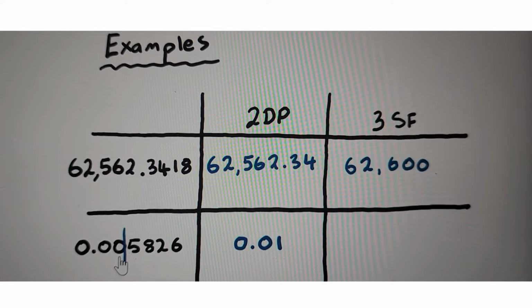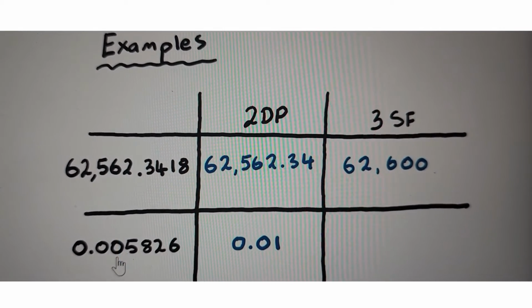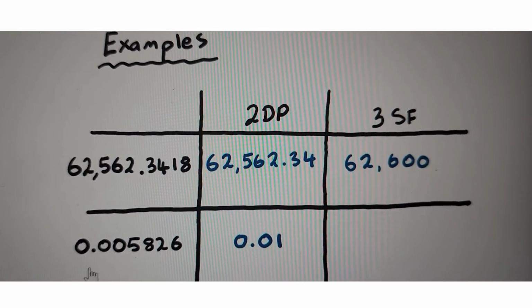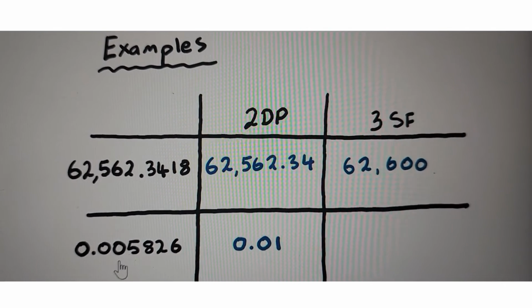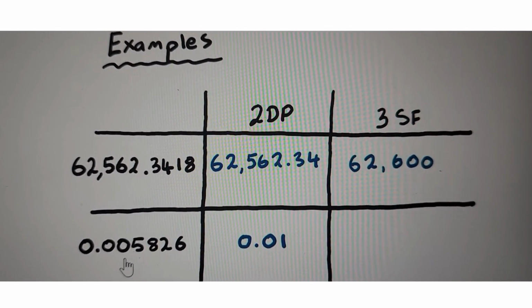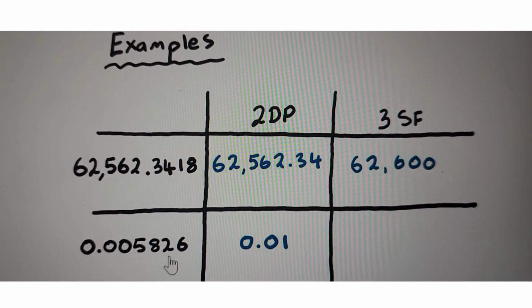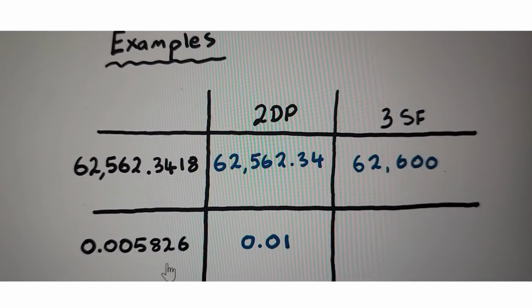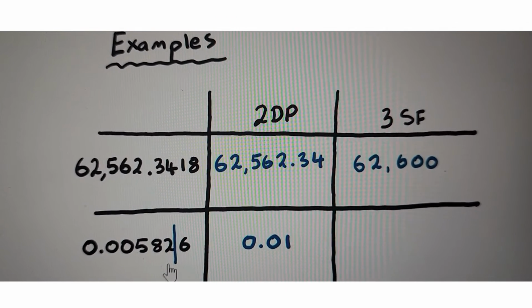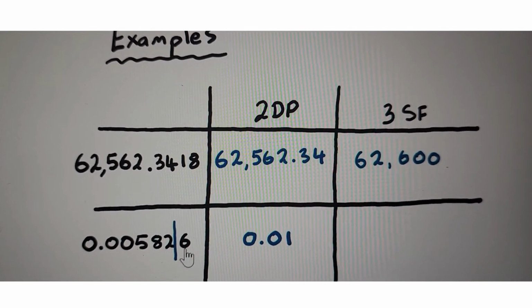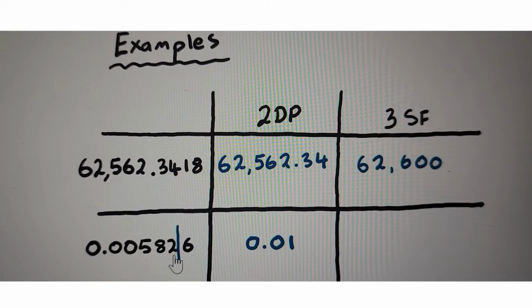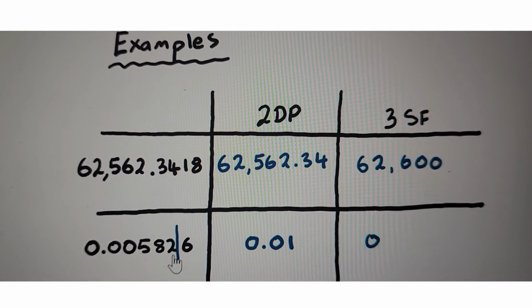0.01. Let's now round this number to 3 significant figures, but just be careful, these zeros are leading zeros, so they are not significant figures. So this 5 is the first sig fig, the 8 is the second, the 2 is the third, so I want to round this number at this line here. Again, I consider the 6, it is a large number, so the 2 will round up. So this becomes